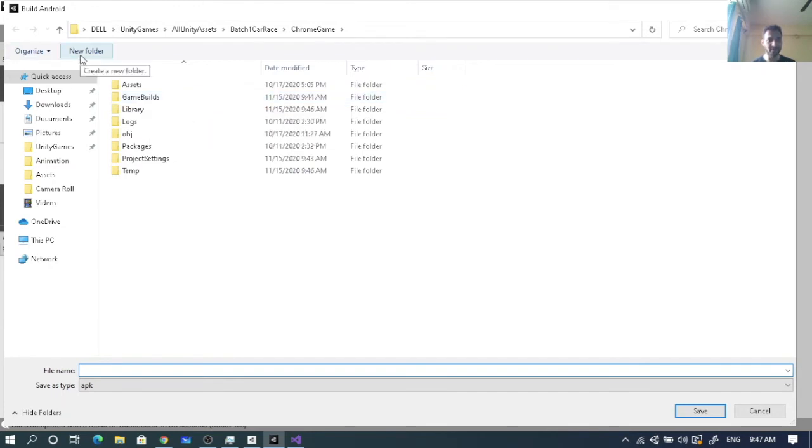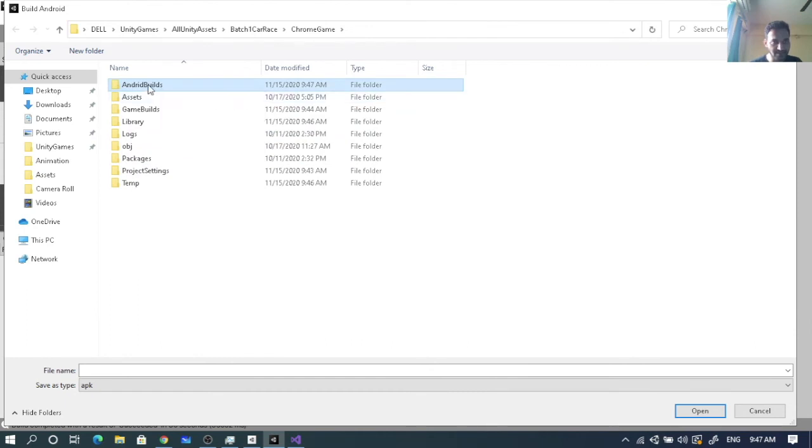So for Android, I will create a new folder. I'll call it Android builds. I can make the APK in this folder itself, but I'll keep it separate. I like keeping things organized. Android spelling is wrong. Android builds. I'll select this folder,